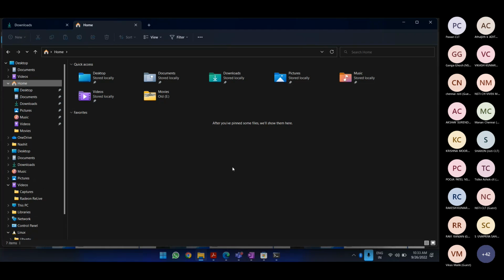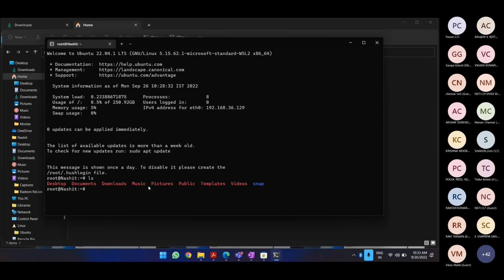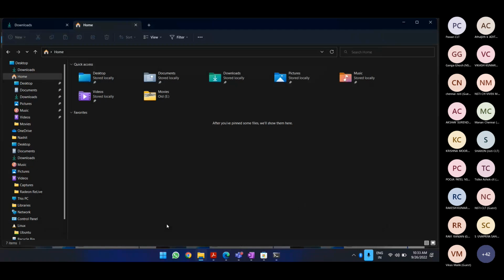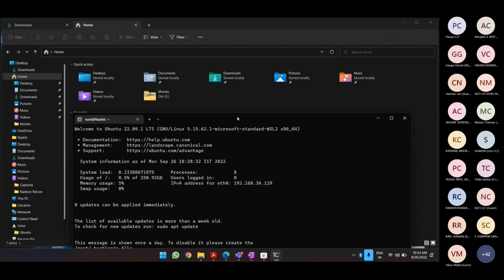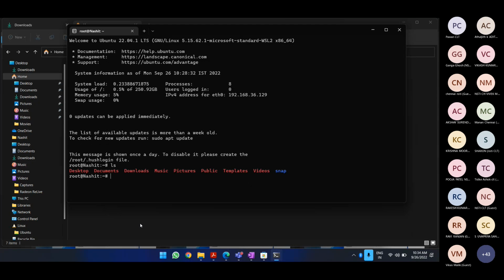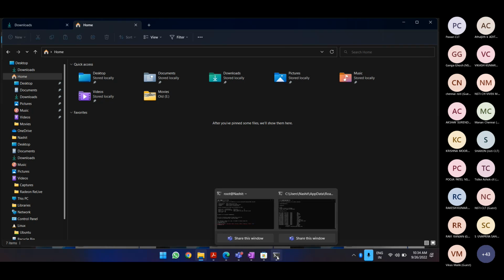So this is my home directory, which is comparable to the function where I am writing. So this has all those different directories that I have here. This is my directory. So that is one of the commands.